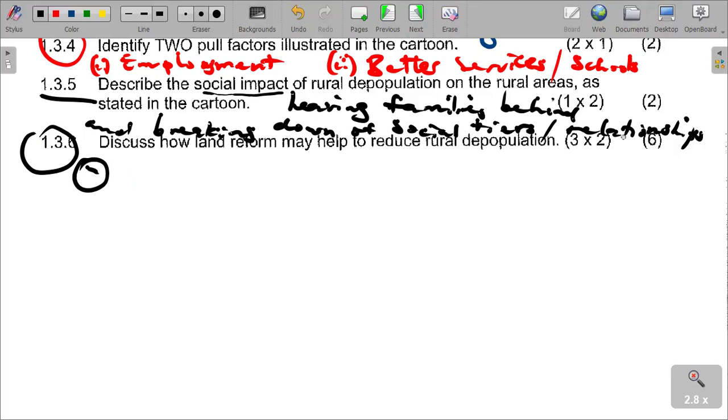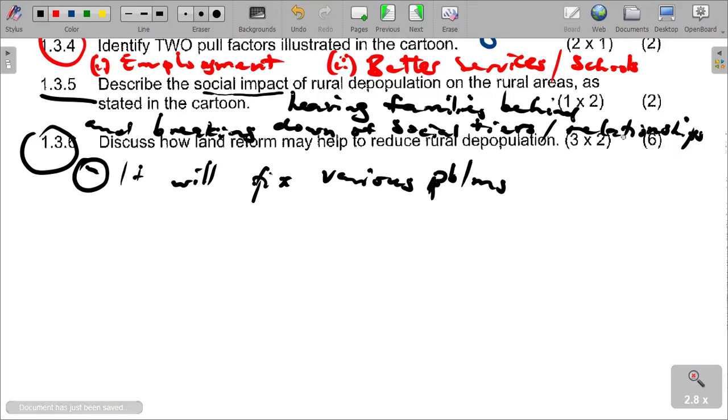So how may land reform help to reduce rural depopulation? We are saying one, land reform may fix many problems. It will fix various problems, which might also result in people not moving,